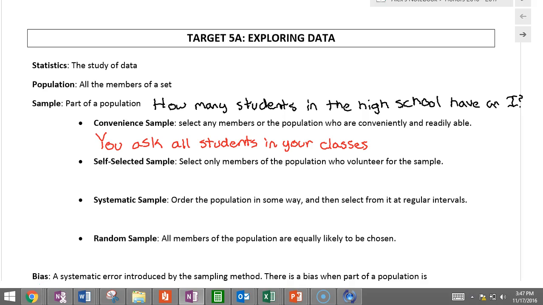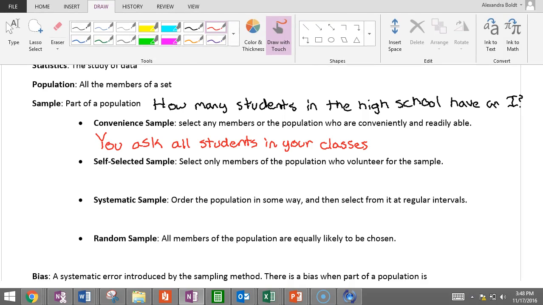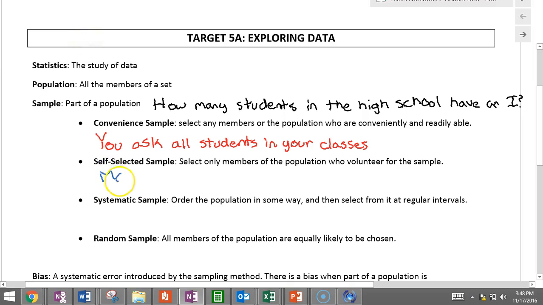So then, in a convenience sample, while the population is still all the students in the high school, our sample is the students in your class. A self-selected sample. Okay? A self-selected sample would be something like you make an announcement